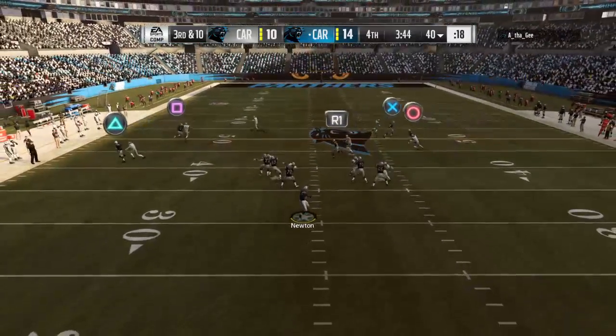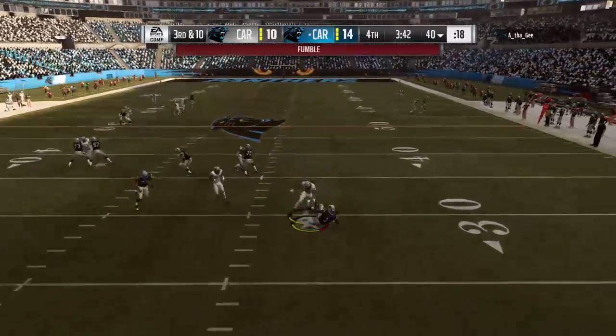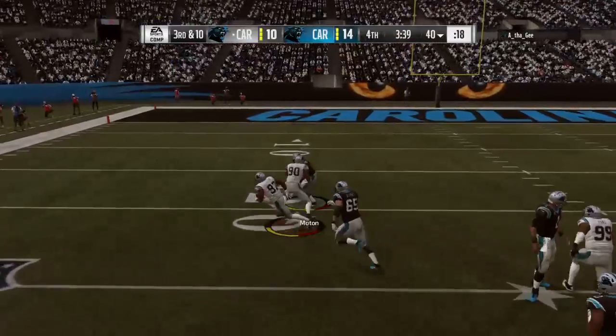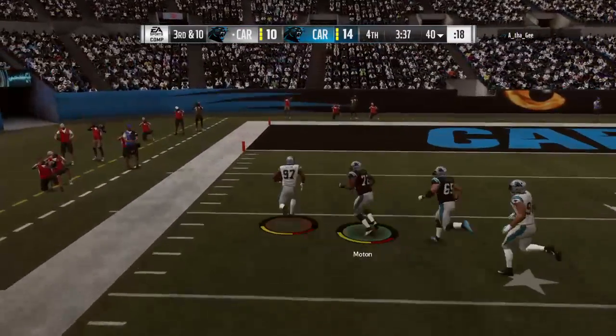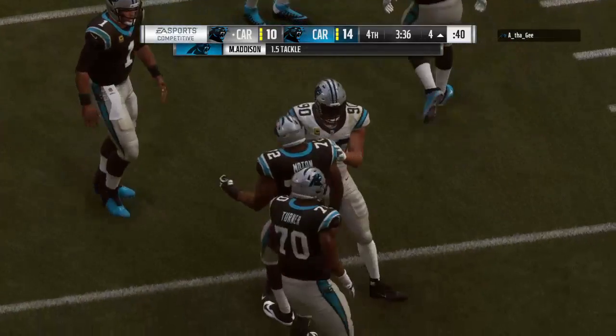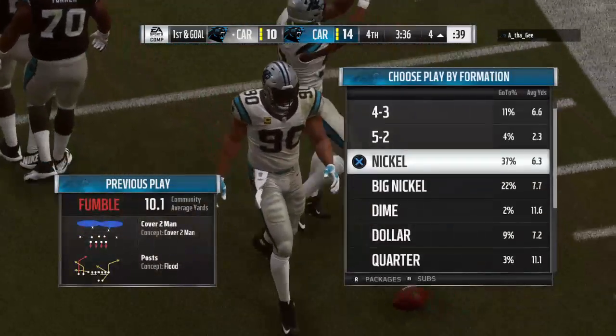The shotgun snap for Newton. Cam fighting. He lost the football. It's out. And it's picked up by the Panthers. And they will finally bring this run back to an end, but not before he's down inside the 5-yard line